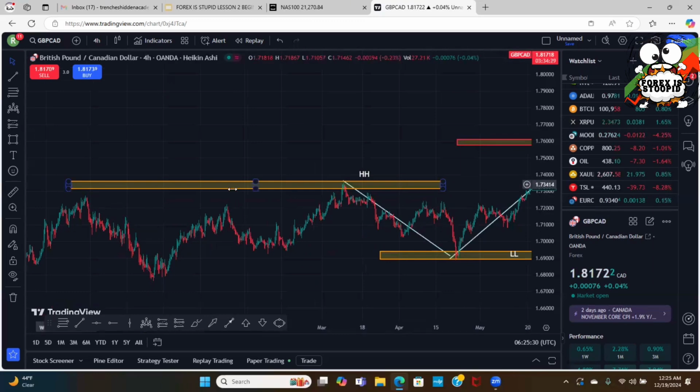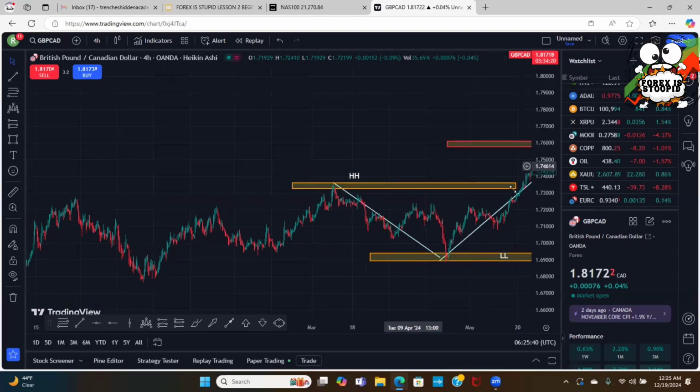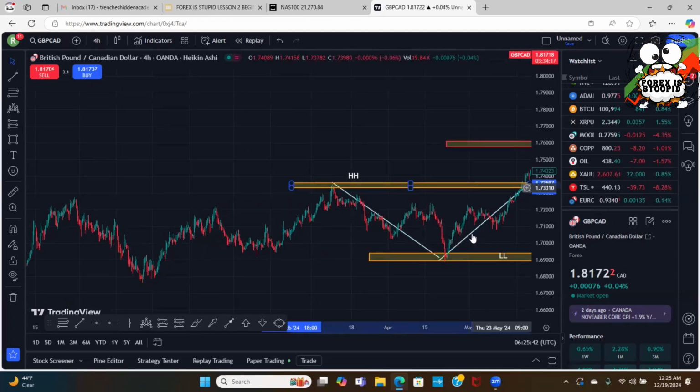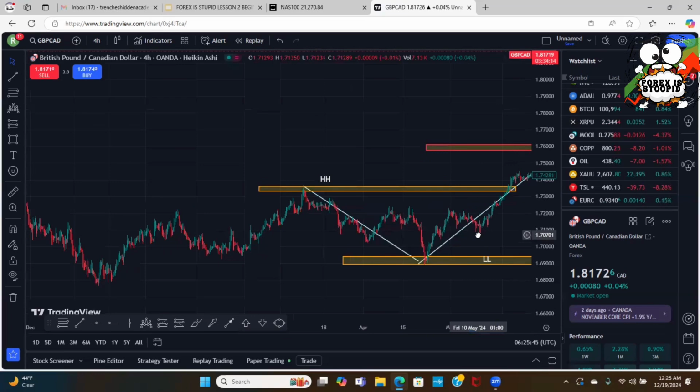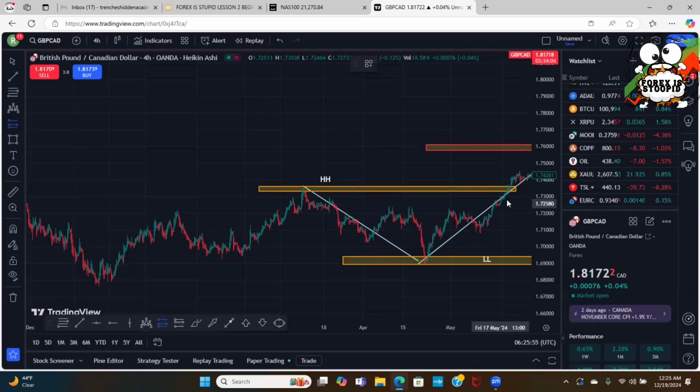Boom. Now I need to see whenever price breaks above this level. That's what we're looking for. Nothing significant, so I don't need to trade it. Boom. Price got above it. When it came above, price broke and retested here. So let's say I want to get into that trade. I'm just going to show you briefly. I don't really look at it like that, but it's on a higher time frame. Let's say I want to get in. I'm just going to get in right there. Put my stop loss a little bit below,